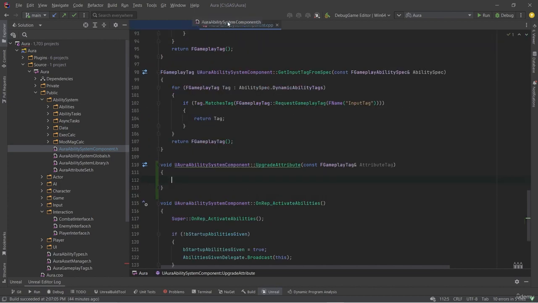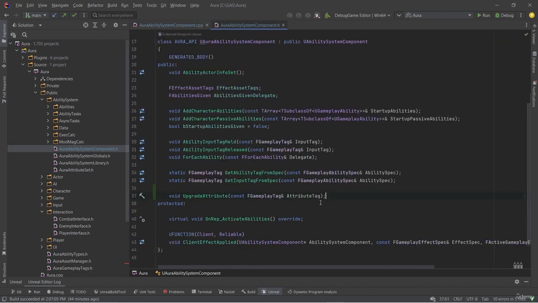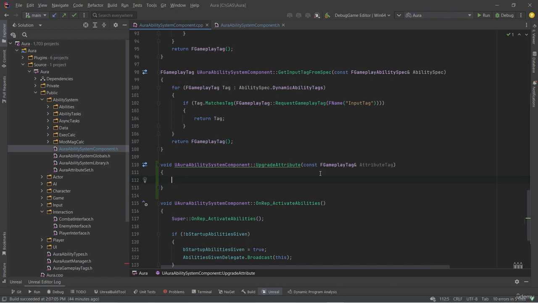Now we're working in the ASC. So what does the ASC need to do? Well, keep in mind that when we click on this button and our widget controller calls this function, we may be on a client or we may be on the server. Because we may be on a client, we're going to want to make sure definitely that something happens on the server. But before we go and say send an RPC up to the server, we should check here in upgrade attribute